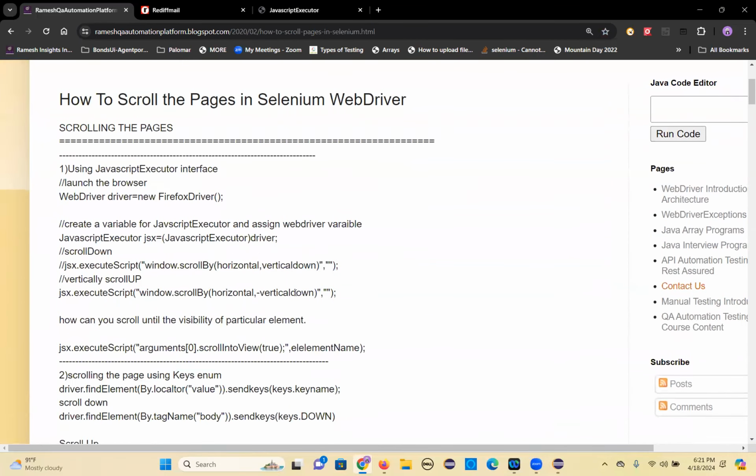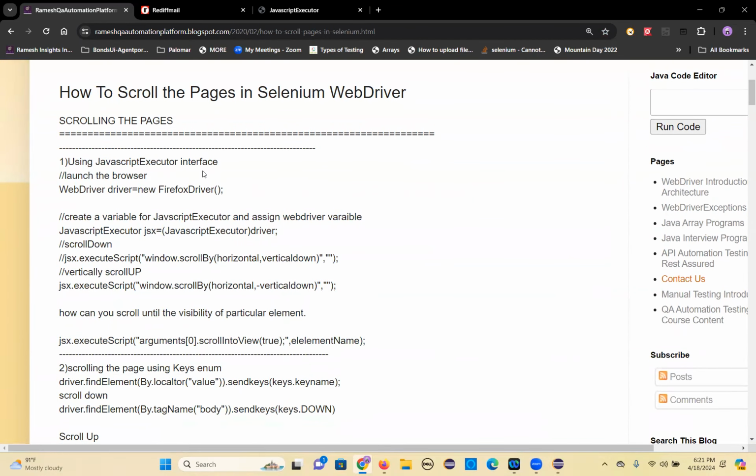So how to scroll the pages using the JavaScript executor interface, you can do that. First create an object, launch any browser using WebDriver driver equal to new Firefox driver. Then create a variable of JavaScript executor and assign the driver variable to that. Driver type is a WebDriver interface. JSX type is a JavaScript executor interface. Both are interfaces only, but different types, right? Both are different types. So that's why you need to typecast